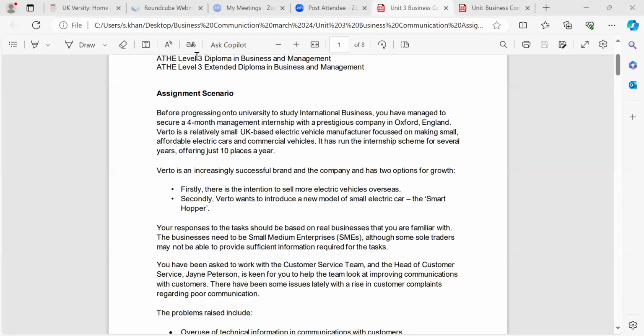So let's carry on with this. The assignment scenario. Before progressing on to university to study international business, you have managed a secure 4-month management internship with a prestigious company in Oxford, England. Vito is a relatively small, UK-based electric vehicle manufacturer focusing on making small, affordable electric cars and